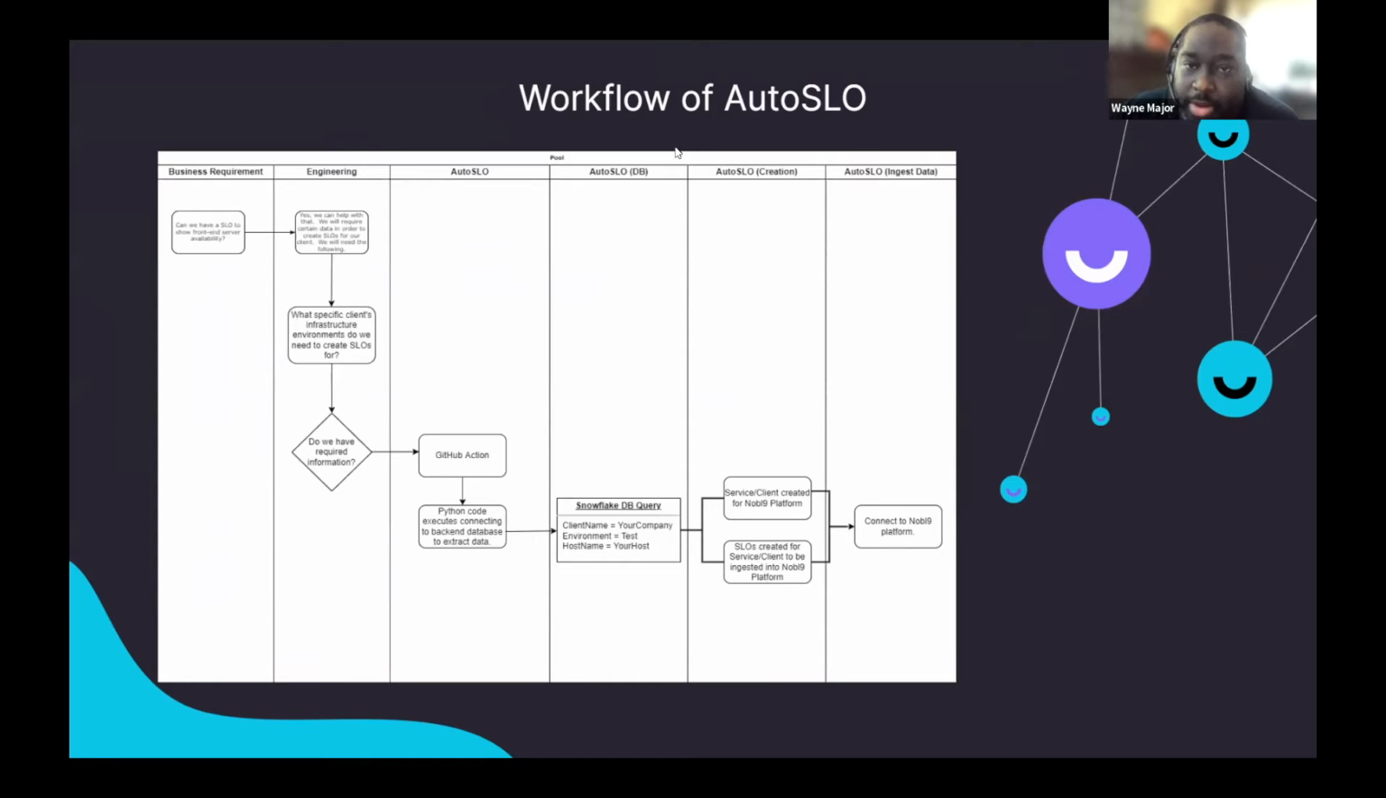And then from there, the AutoSLO process uses that data and first creates a service file, a service YAML, which is specifically based for that client and is tied to that specific project. While that is also being processed, it's also creating the actual SLOs for this client, aka customer. And then once they have been created successfully by the AutoSLO process,